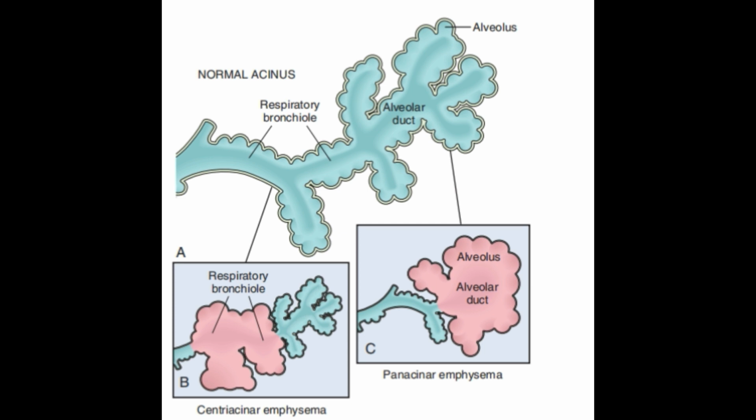Now the protease anti-protease imbalance. Okay, what is protease anti-protease imbalance? If there is a protease anti-protease imbalance, means several proteases are released from the inflammatory cells and the epithelial cells. Protease enzymes are released from the epithelial cells and the inflammatory cells, which will do what? It will break down the connective tissues. So in the patient who develops emphysema, there is a relative deficiency of a protective anti-protease. Okay, so there will be a deficiency of anti-protease in this.